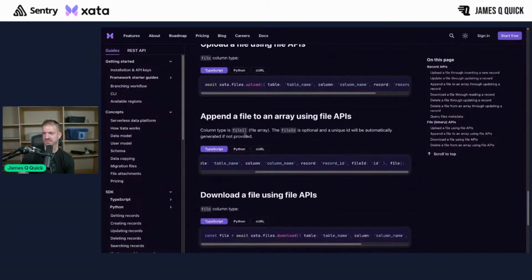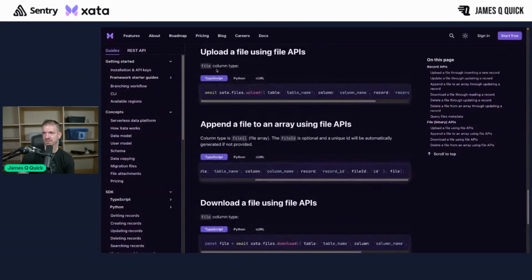Column type is a file array. It'd be nice for that to be a type, because I'm not sure the best way to get that. Anyway, we could start with a basic